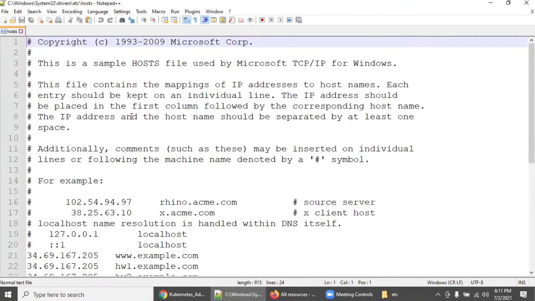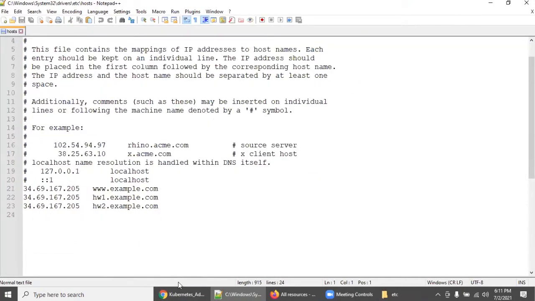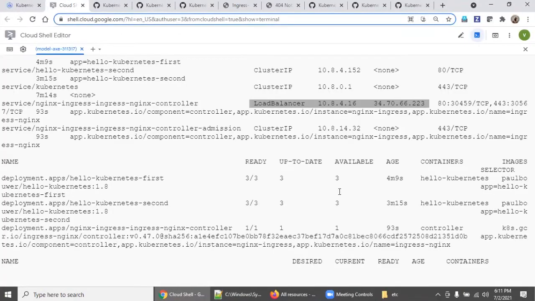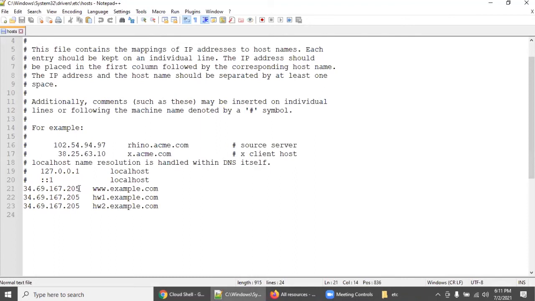So here, if you come down, there is an IP address. So what IP address did we get as our external IP address? This is the IP address, right? So go back to here. I am replacing this. Of course, it's admin based, so I saved it.